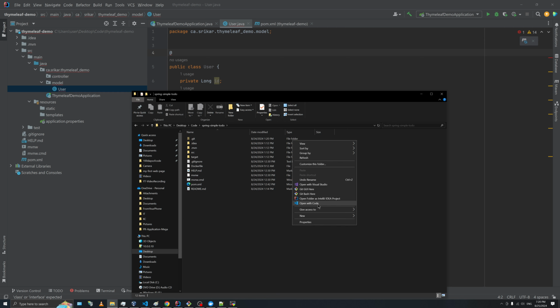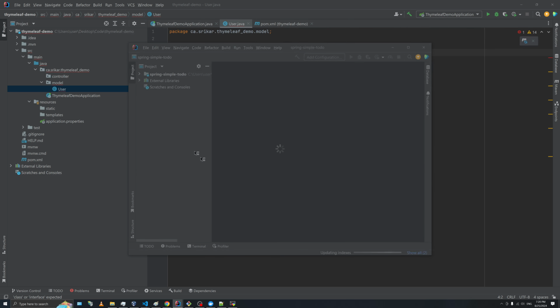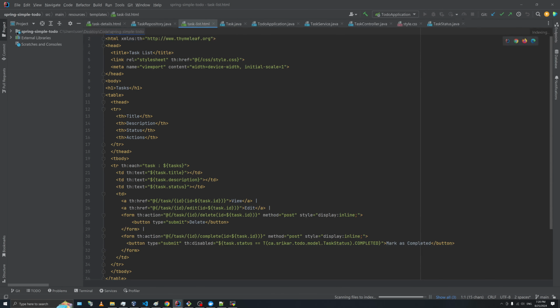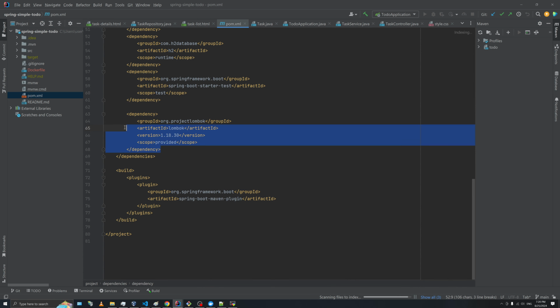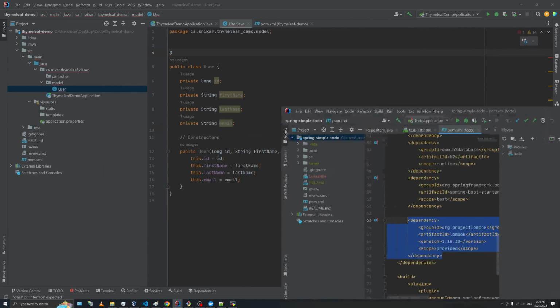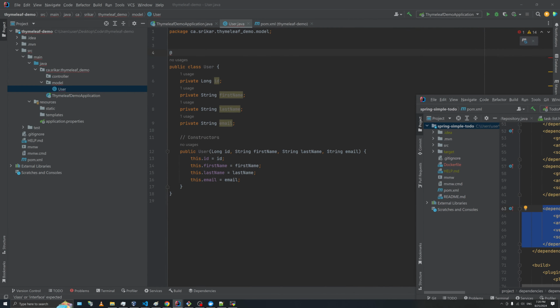So let me open this in a new window, and then I remember adding Lombok here. Okay, so it's the same. It's the same to me in terms of